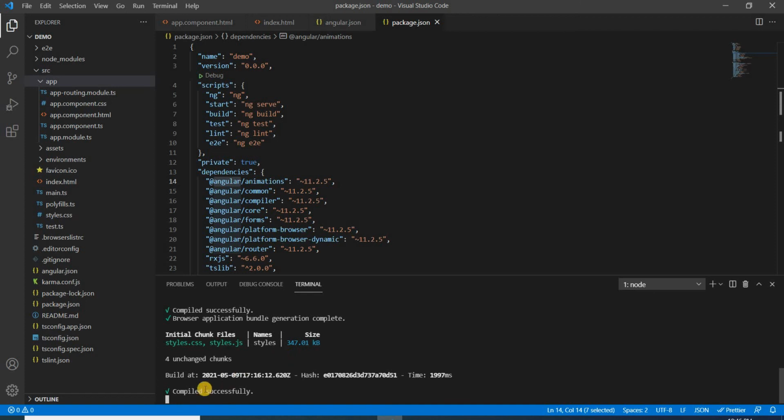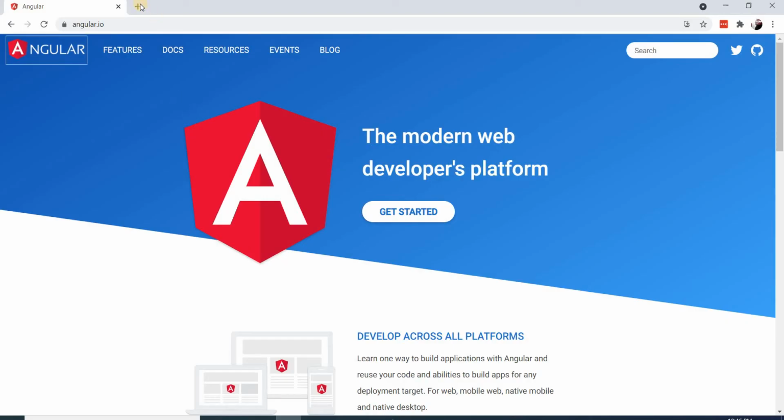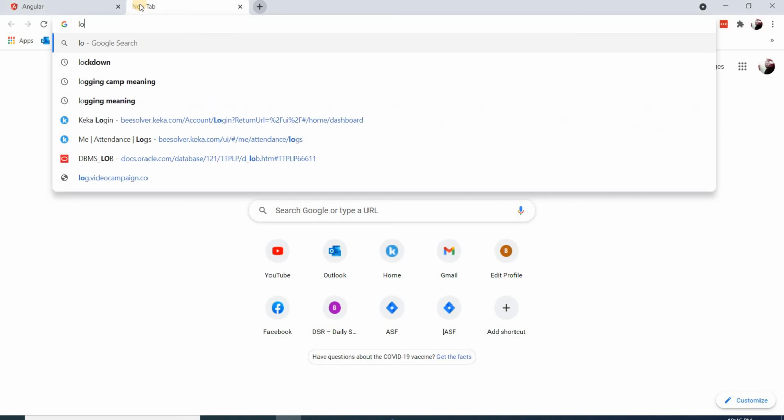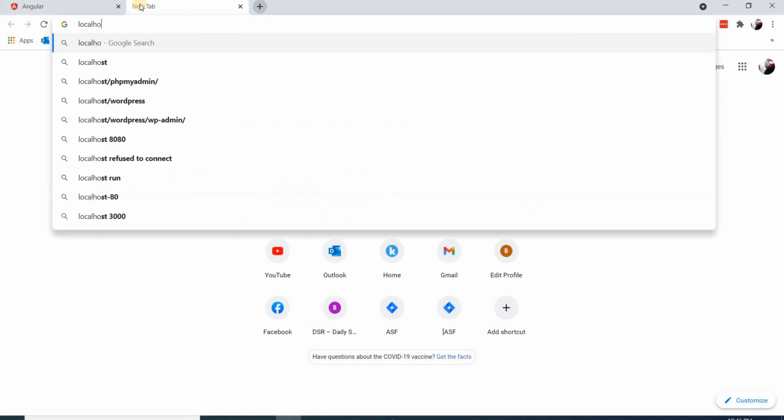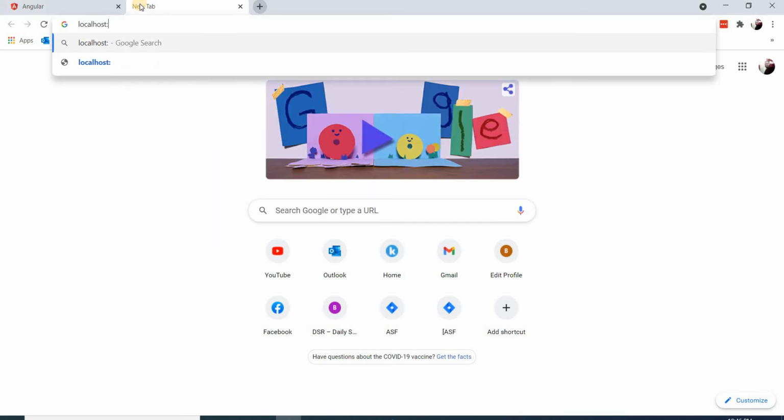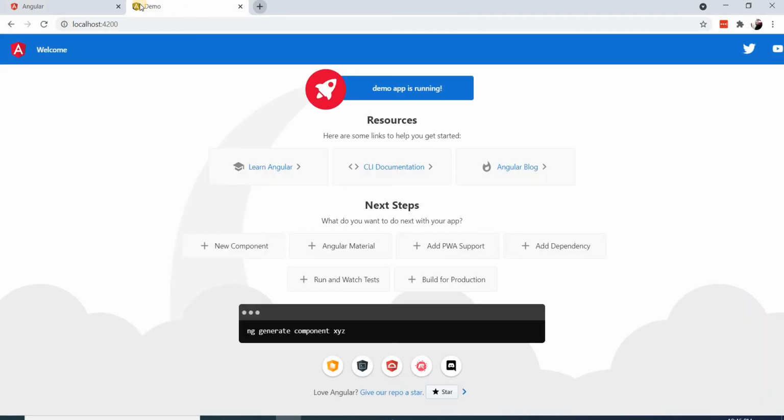See, compile is successful. After that, if I open here and say localhost 4200, now this particular project is opened here. So now I will convert this project into the hello world project, right?